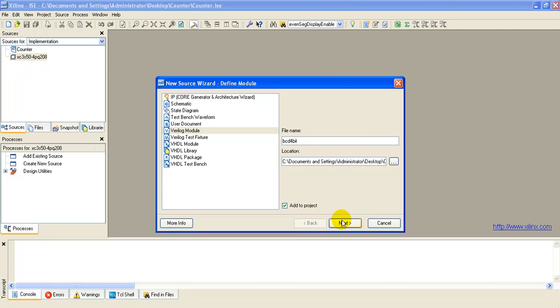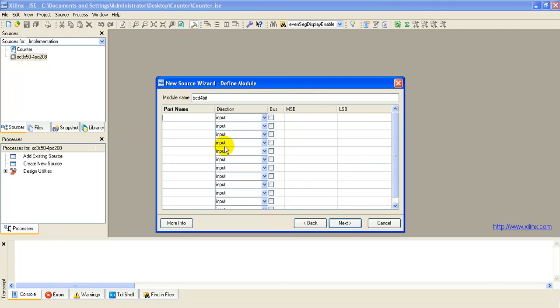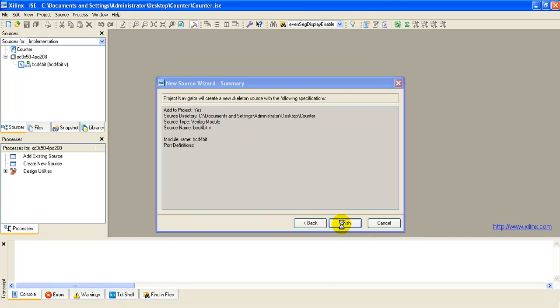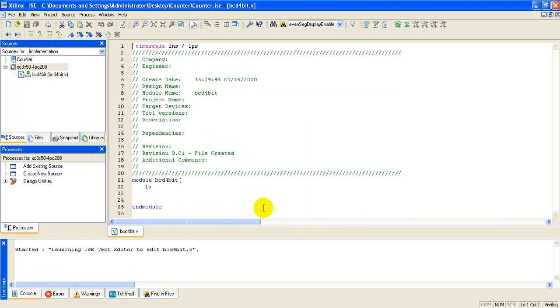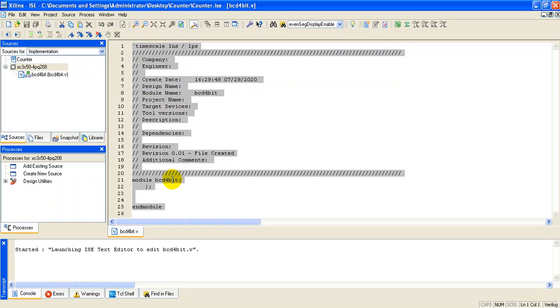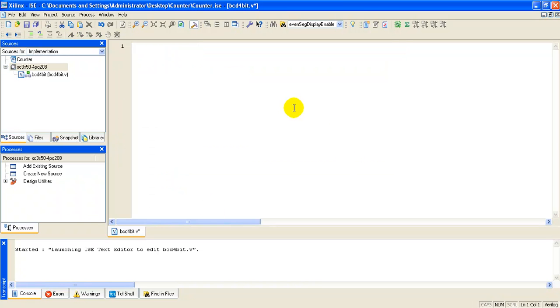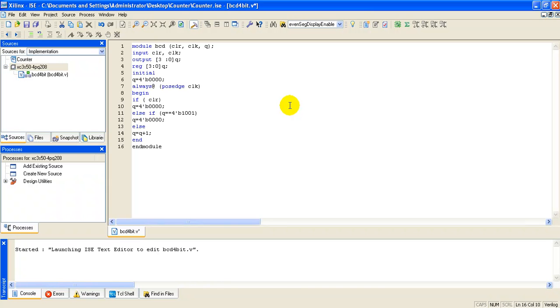Okay, press the next button. This is the wizard where you provide the input and output specifications. As of now, no need to give the specifications here. Directly press the next button to go to the editable window, where you can clearly specify the input and output parameters. Next, finish. Don't worry about all these things, it is just displaying the module name and project name. Since I have copied the program from the presentation, I'm just pasting the program here.